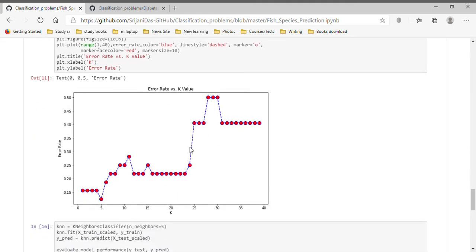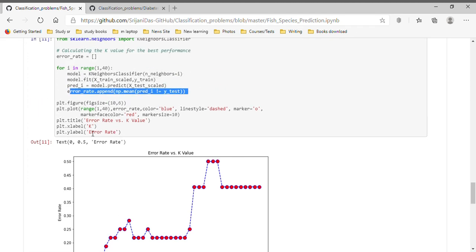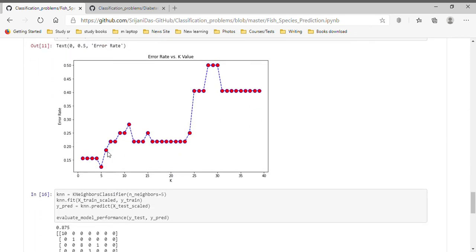As you can see, the minimum error we are getting at k equal to 5, then again it is increasing, it is kind of stable around this range, again it is drastically increasing, again it is stable at this range like that. So we are going to use k equal to 5,